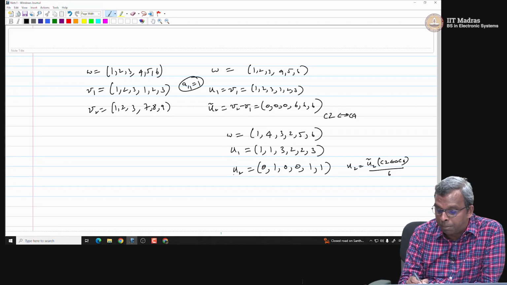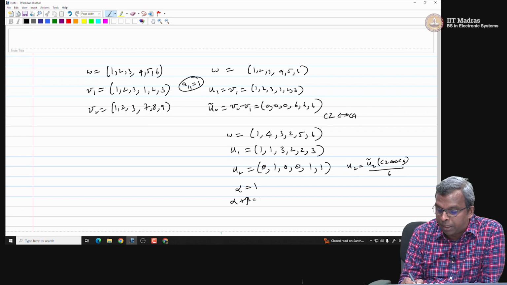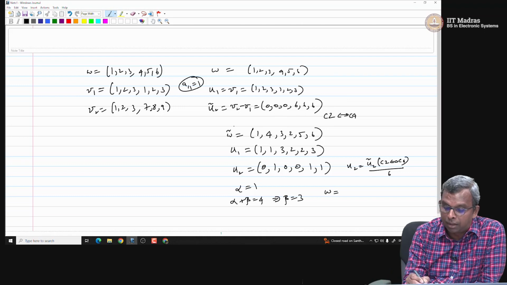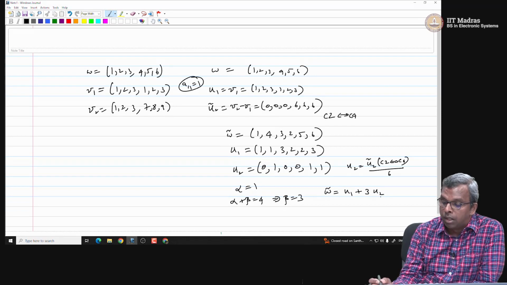Alpha u1 plus beta u2, and I have to only look at the first two coefficients. So, you get alpha equals 1, and then alpha plus beta equals 4, which gives you beta equals 3. Okay. So, you see here quickly that this, let me write the W tilde here just for convenience. W tilde is u1 plus 3 u2. Okay. So, now